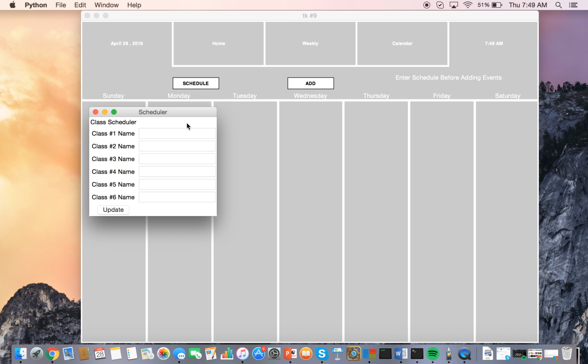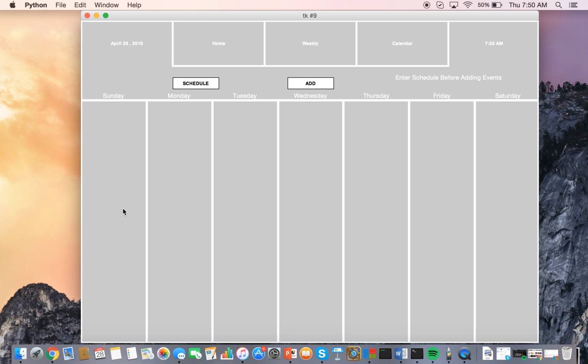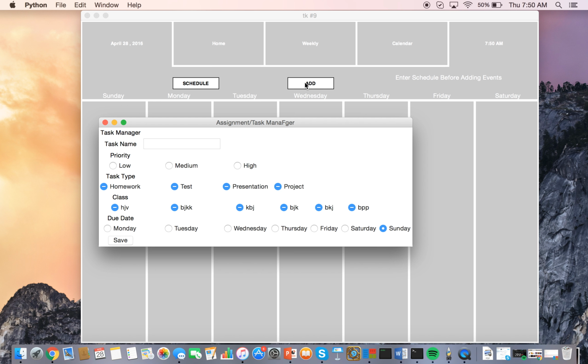After entering the name of the 6 classes, let me just do that real quick. After entering the name of the 6 classes and updating and saving them, the user is now ready to start adding tasks to his or her week. When the user clicks the Add button, another dialog box appears that gives the user lots of options to customize his or her tasks. The user can name the task, so like homework 2,